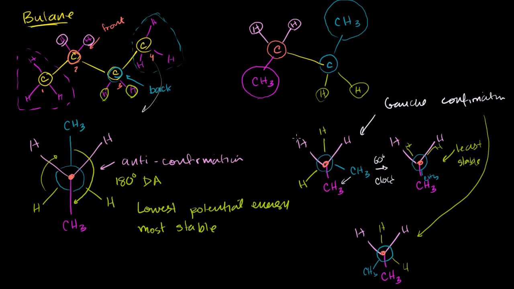So hopefully you understand now that if you just pick two carbons, and there's kind of big things attached to each of those carbons, you can just represent them as groups. And when you do that, you can really use a Newman projection for any part of a molecule. And when you do that, you can start to think about how it can rotate and what versions of it will be more